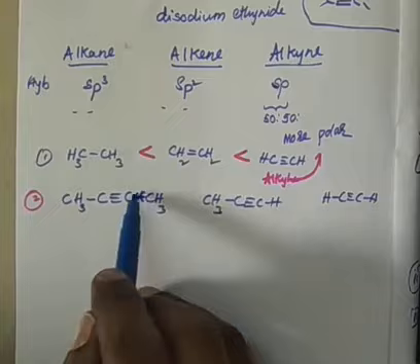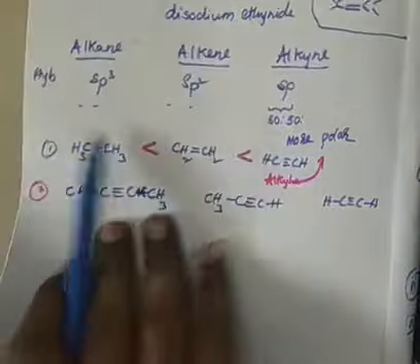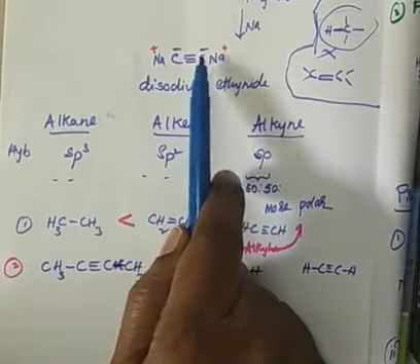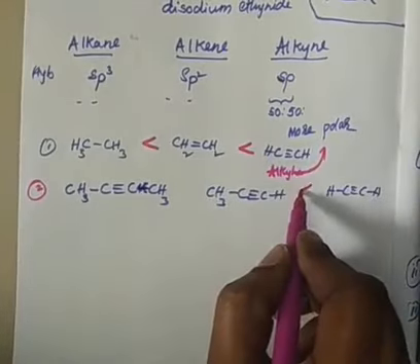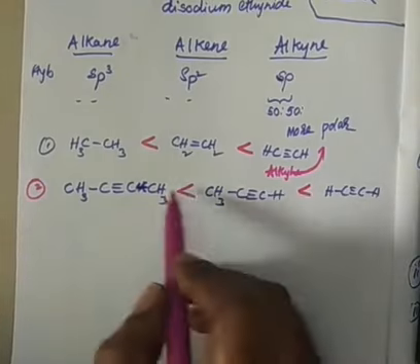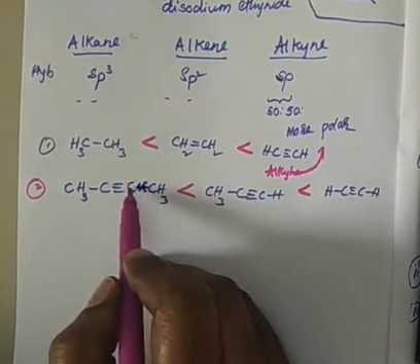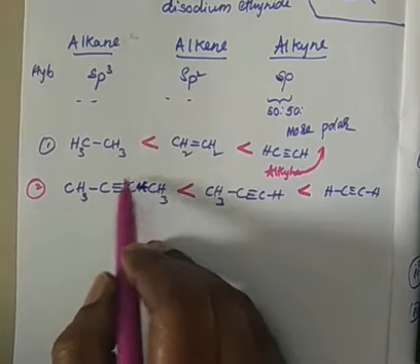If it donates the electron, this negative charge will be destabilized, right? The negative charge will be destabilized if electron donation is there. Therefore, it won't be stable, and it won't be more basic. It won't want something to pull out because it's already electron rich. So if it takes the electron, then it will be stable. It is already electron rich and you are giving some more electron. No, it is not stable.